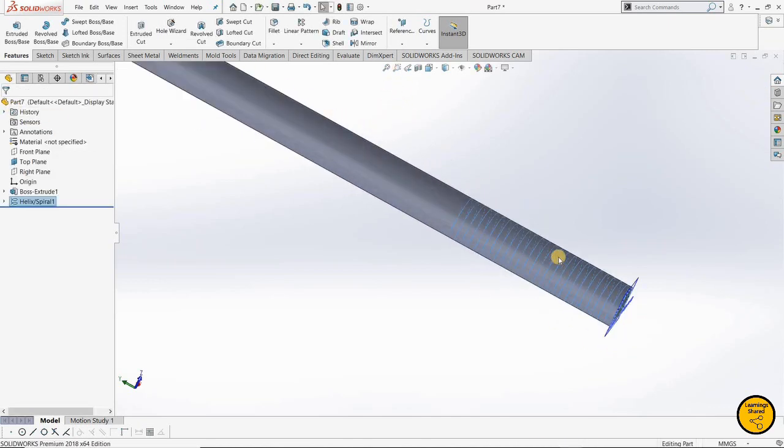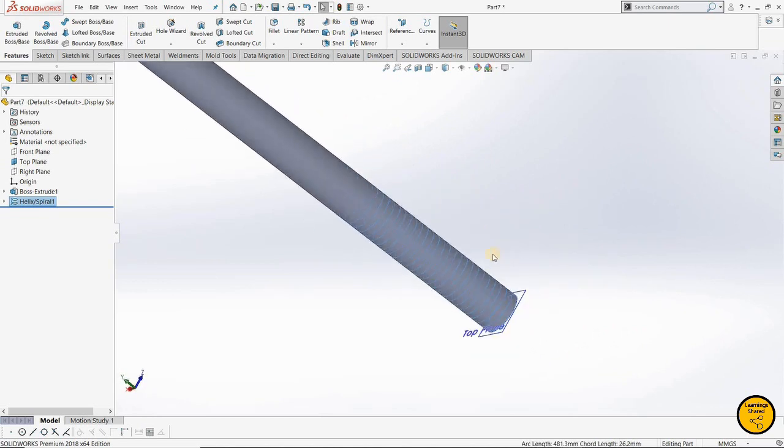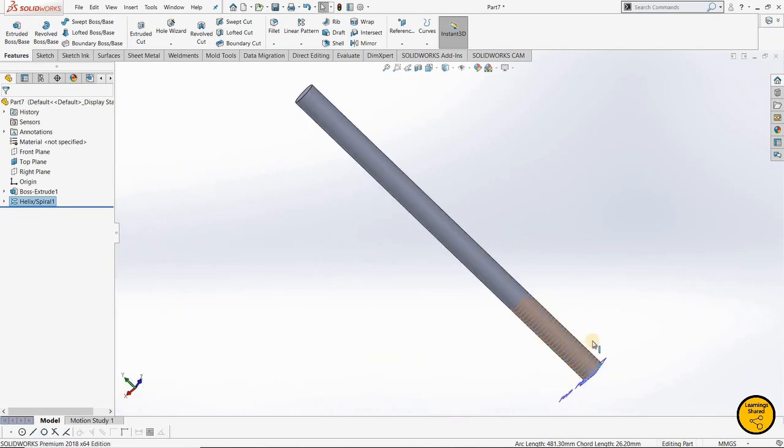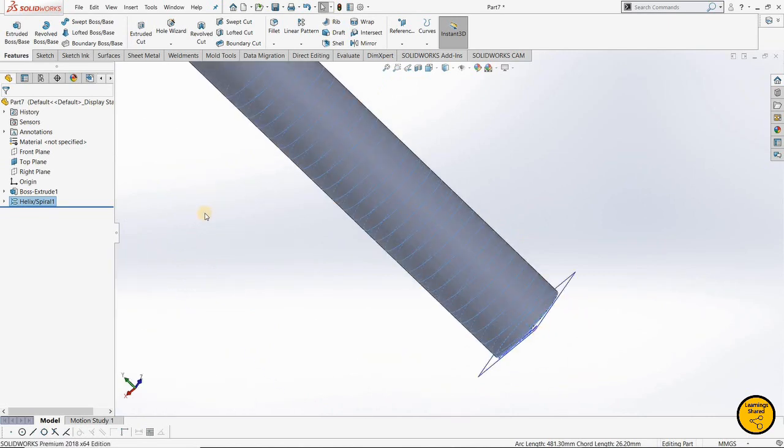So now my spiral is created. Now I have to create a profile which will cut along this spiral to create a thread.